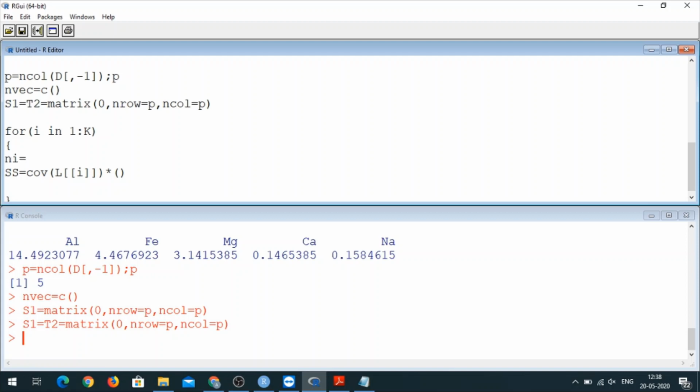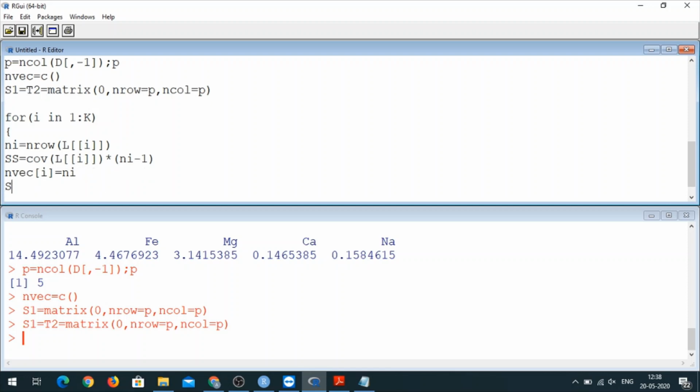So Ni is going to be n row of L of I, and I would be doing Ni minus 1. Ni is the number of observations in the ith site. So I have to multiply the corresponding covariance matrix by that Ni minus 1. And this same Ni I am going to store at the ith position in NVec. I have this CSSP matrix, but we have to add it to S1. So S1 equal to S1 plus SS.